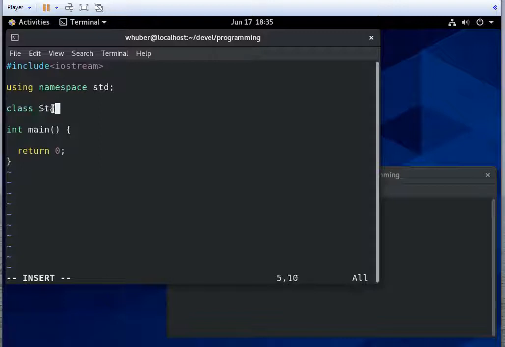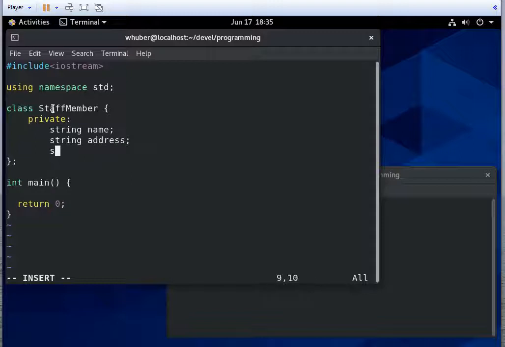Okay, so I'm going to call my class StaffMember. And if you took CS205 from me, this might be a familiar example. And we're going to have our private section, which will have a name, an address, and a phone number. And then our public section,